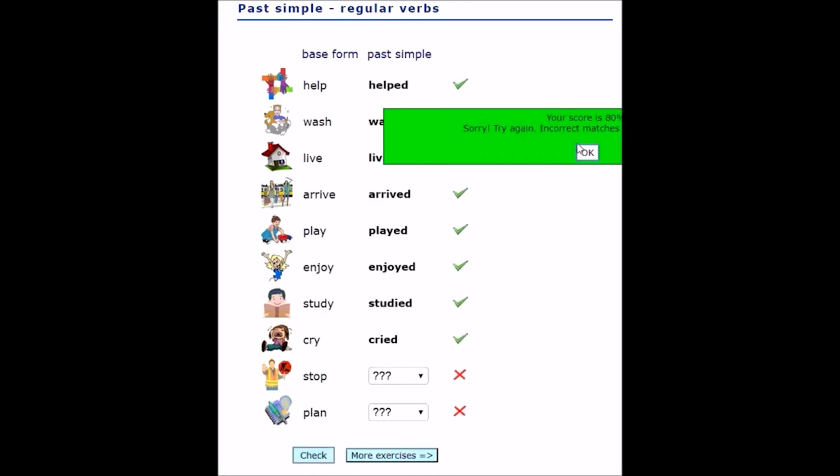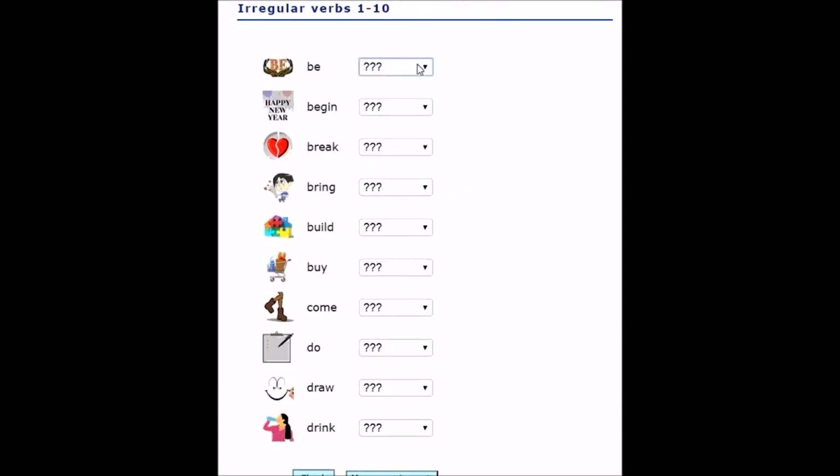Okay, let me check. Yay, I have them all correct. Well, not all of them, but you get the point. Okay, let's move on to some irregular verbs now. Be, was, were. Now, a side note: you guys can go on Google and search past tense exercises, and you can find many things even more fun than these. You can find videos and really nice exercises. You already have your books, of course. You can go to that and open it.